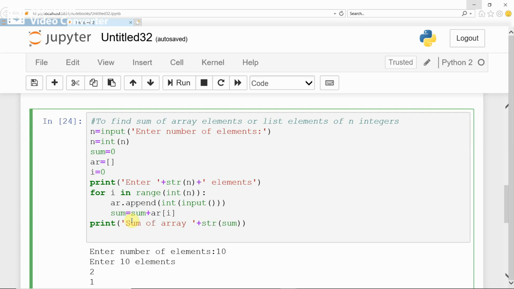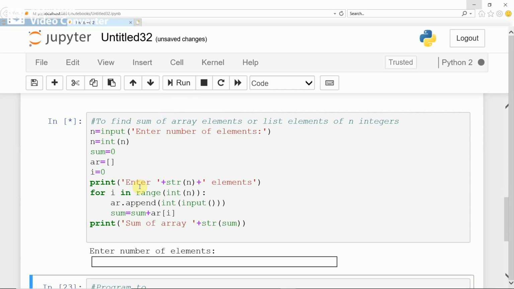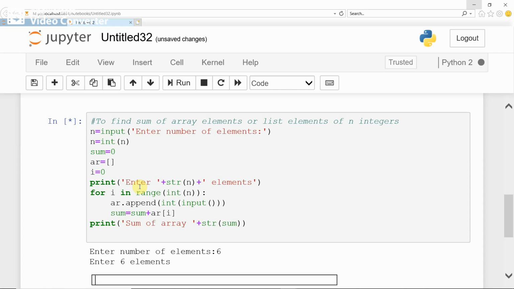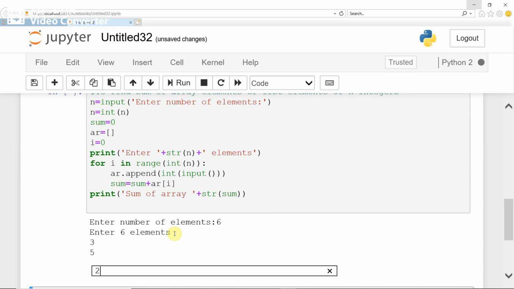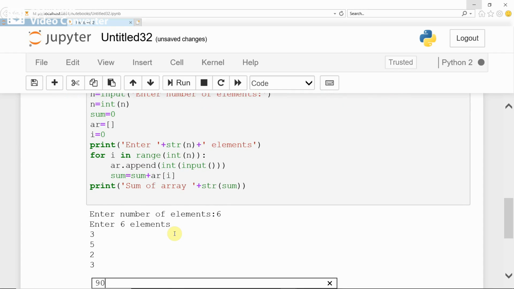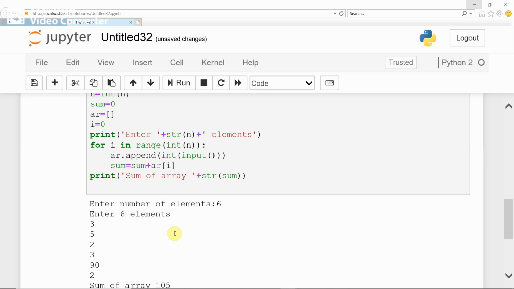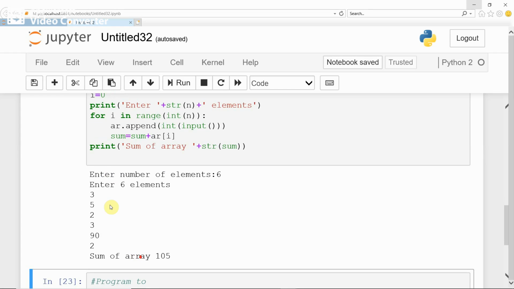Finally, you get the sum of the array. If you run the program and see that 6 elements need to be inputted, it will ask for 6 elements. You can input any 6 elements, and then it displays the sum in this way.